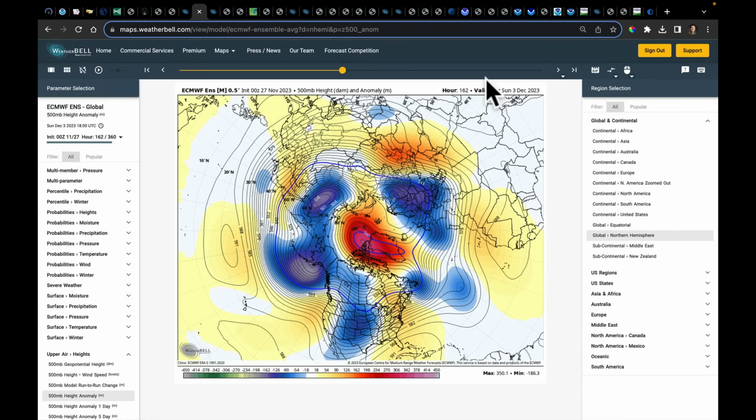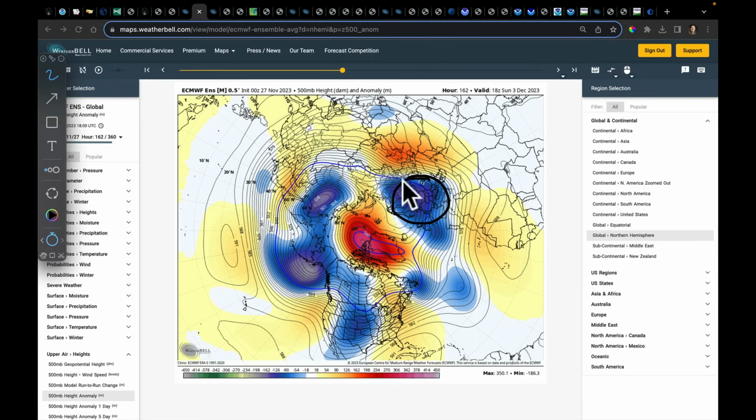And behind it, we've got another trough in the Gulf of Alaska, right in through here. And this Greenland ridge is quite expansive overall in its position. Now, one thing I haven't mentioned, but we need to talk about at the end again, is take a look at Europe, trapped inside of a deeper trough here. They're going to be experiencing several days of very cold conditions,